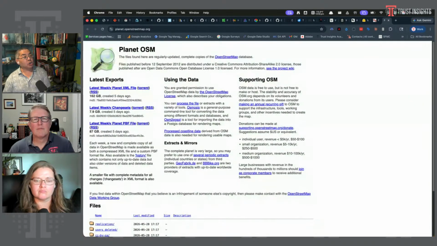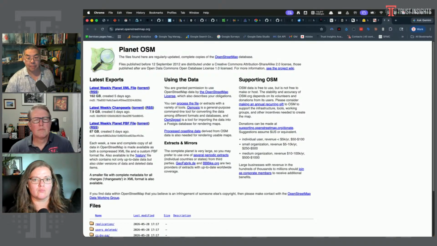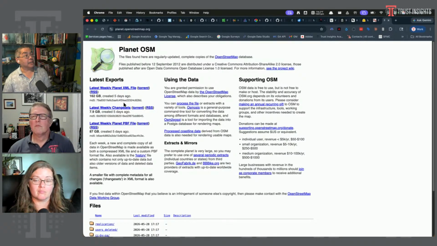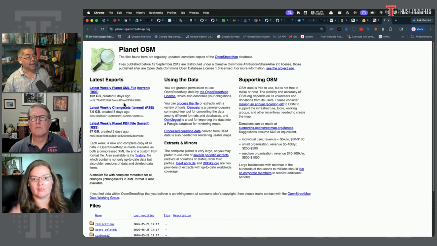And finally, OpenStreetMap, which is a free open alternative to Google Maps and Apple Maps. OpenStreetMap allows you to download the entire planet. This is their service. It's free, and you can see it's 162 gigabytes. Again, not insignificant, but you could download this and have a snapshot and a map for any place on planet Earth. And again, if Google decided one day, hey, we're now going to charge everyone $3 for Google Maps, like, okay, cool. I'm just going to use this instead.